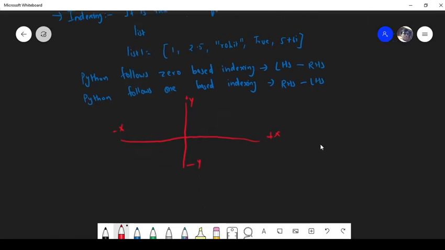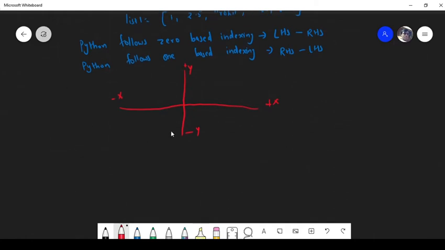Whenever we go from left hand side to right hand side, in the direction where my arrow is pointing, Python follows zero based indexing. Whenever we go from right hand side to left hand side, we follow one based indexing. As my arrow is pointing towards the negative axis, we also have to add a negative sign